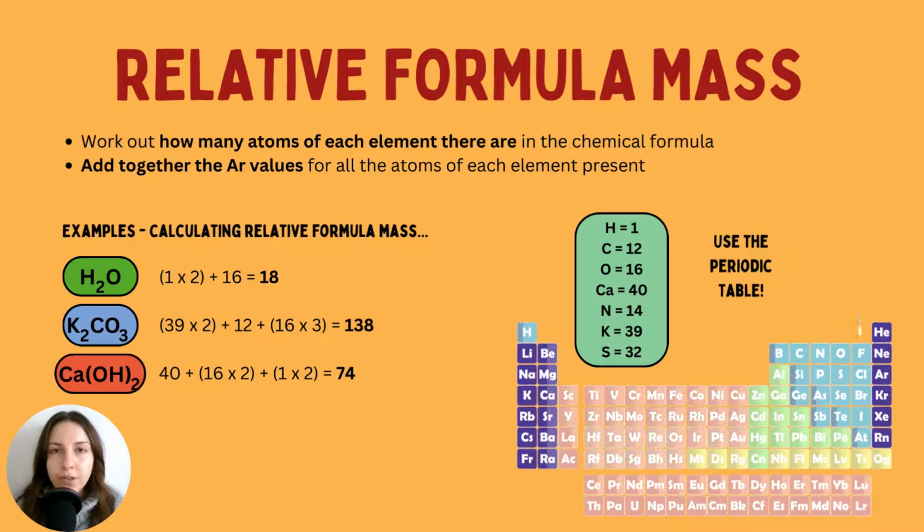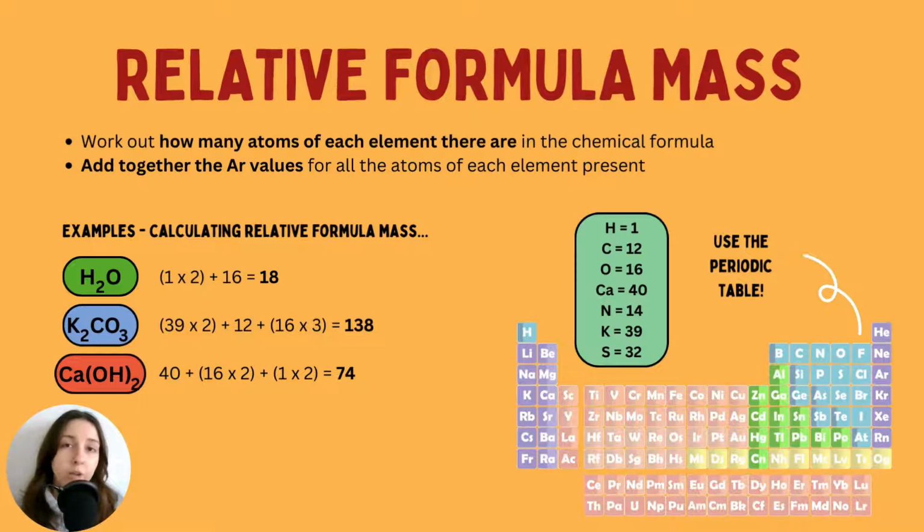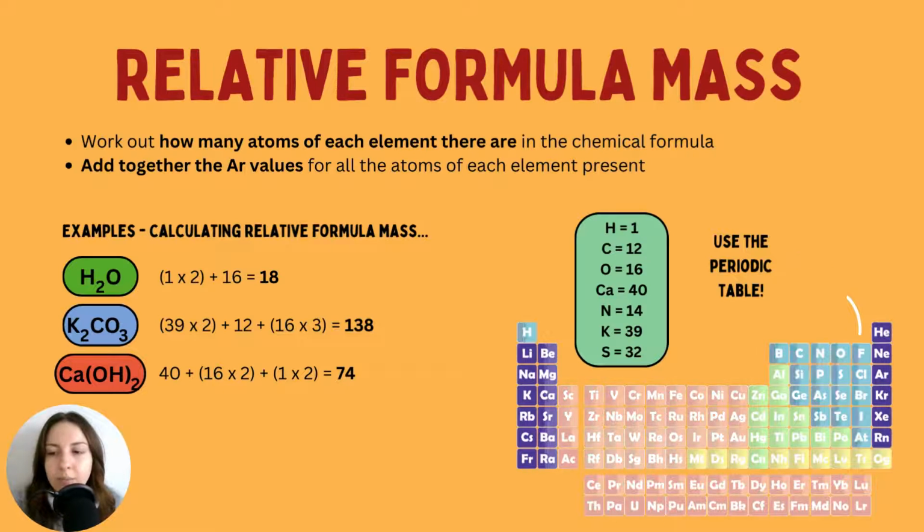So if you look in your periodic table, which you will get in the exam, you'll see that each of the elements has a very specific couple of numbers. They have the atomic number and they have the mass number. Now, the mass number is how many protons and neutrons there are in that atom. The atomic number, however, is the number of protons or electrons there are. Remember, the number of protons and electrons is going to be the same in an atom because there is no